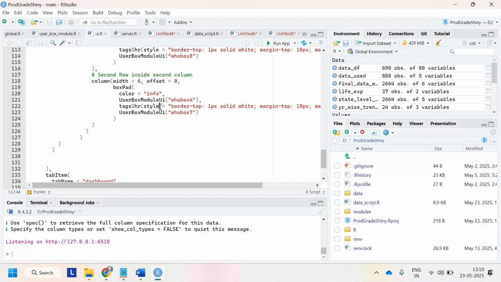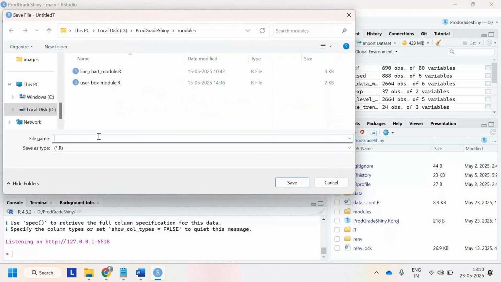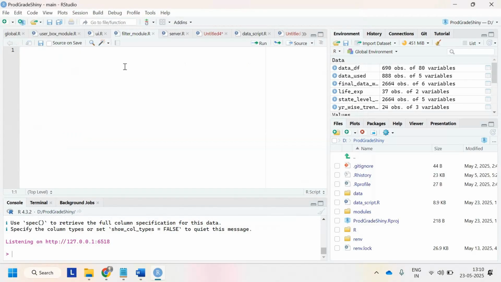So Control Shift N, and I am saving this script as filter module, and this module is very important. So you have to pay as much attention as you can. So in the filter module, we will create a UI and a server component together. So for the UI, I'm going to write filter UI module,